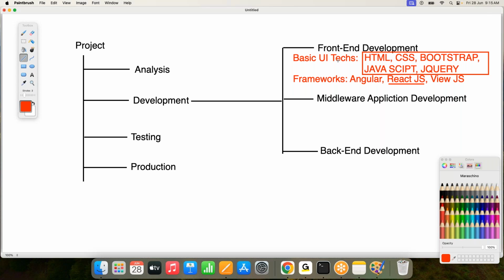All right, sir. After completion of this content, the next one is what? Middleware application development. What is this middleware application development? All of you observe carefully. Front end means some pages. For example, a registration form is available. In the registration form, we enter the data: first name, last name, address, email ID, mobile number, and there we have a submit button. If you click on that submit button, automatically a request will go to the server-side program, and along with your request, the data you entered on the form will be submitted to the server-side program.